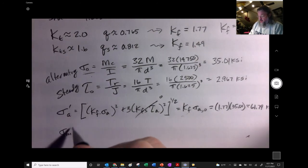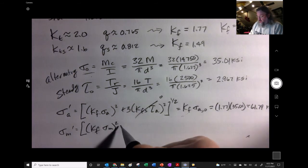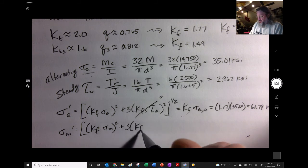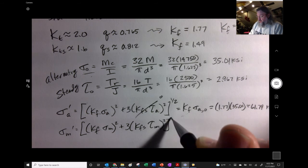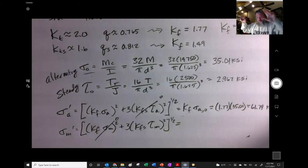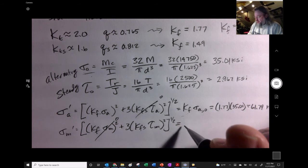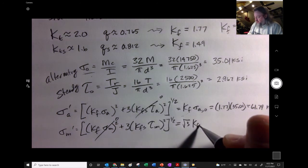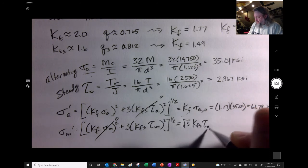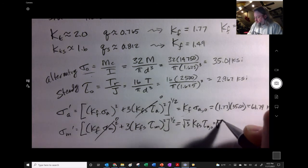And then for the mid-range, all those same things: KF times the alternating mid-range normal stress, plus 3 times KFS tau mid-range squared, to the 1/2. But the mid-range normal stress is 0 because it's going back and forth between tension and compression. It's halfway in between the maximum and minimum, so 0. But we still have to be careful because we still have that 3 in there. So we could simplify this and say the square root of 3 times KFS times tau mid-range nominal. That guy is the same as that one. So square root of 3,